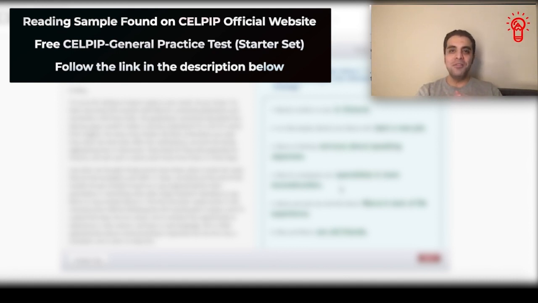Her son had found a job in Japan and was going to move in the near future. This is the basic information that you need, and you can answer a lot of the questions just by knowing this core information. And you don't need to read the whole passage for that. Sometimes just by reading the first line of each paragraph, you can get the gist and you can easily answer